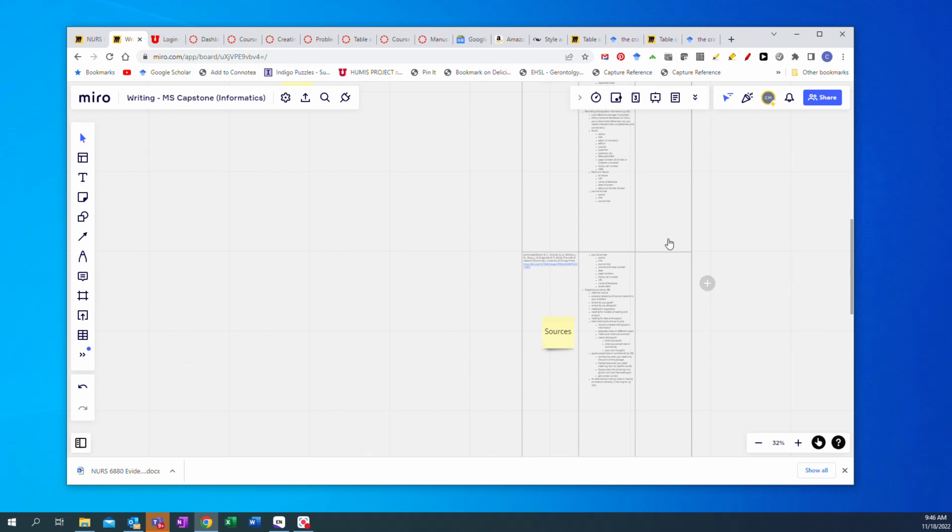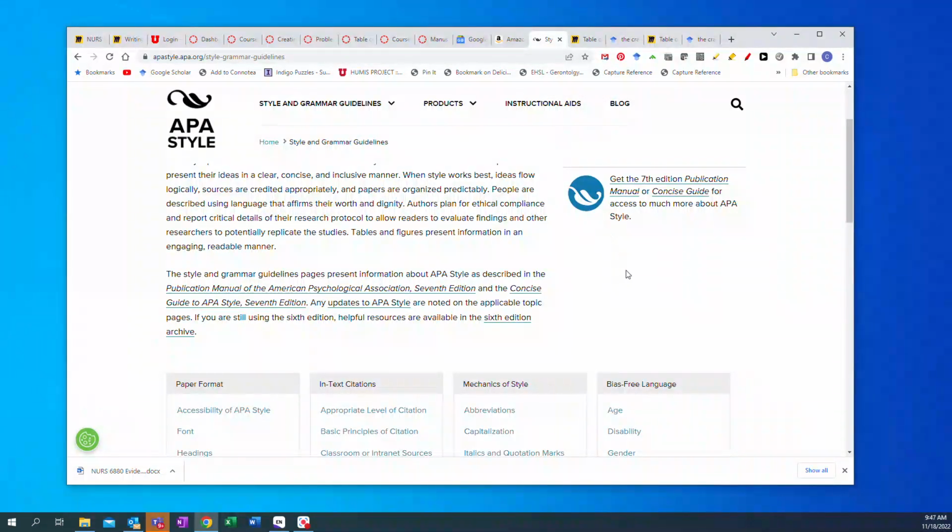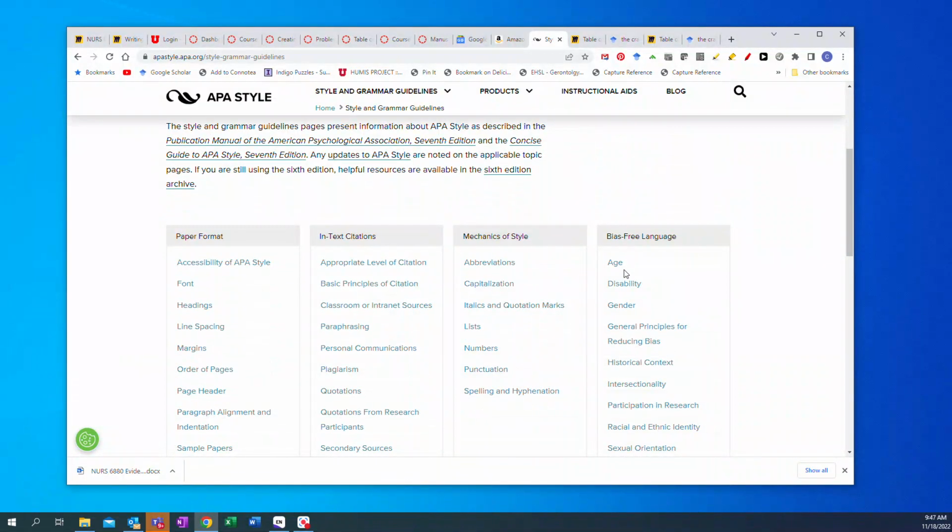Something else that would be potentially useful for you guys is this APA style guide, apastyle.apa.org. I would probably suggest you buy your own APA manual, but if you don't have your manual with you or you don't have one yet, this is probably a great online resource. This is from APA, and you can see that there are different links that you can go to look at